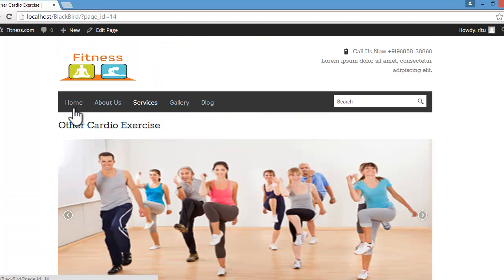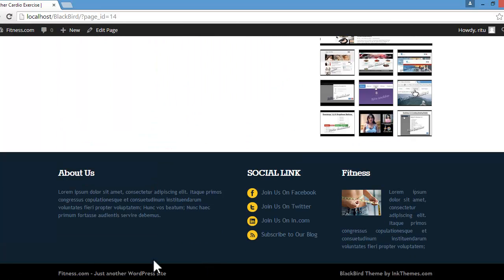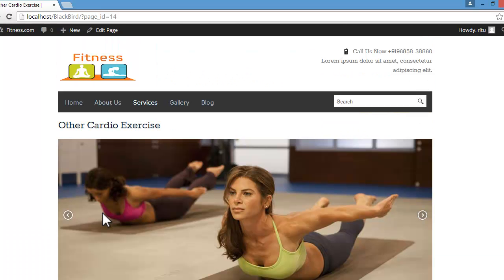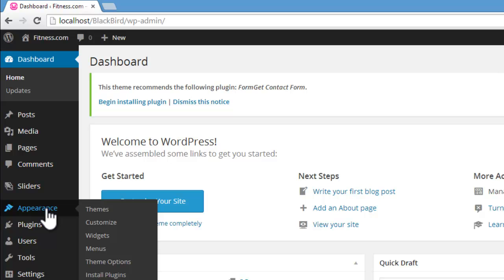Now before adding a contact form in this web page, what I would like to do is change some code in the editor again, as I want to get rid of this Blackbird theme by inkthemes.com. And see, this is a title. This can be done just by going to the dashboard, in the appearance, inside customize,